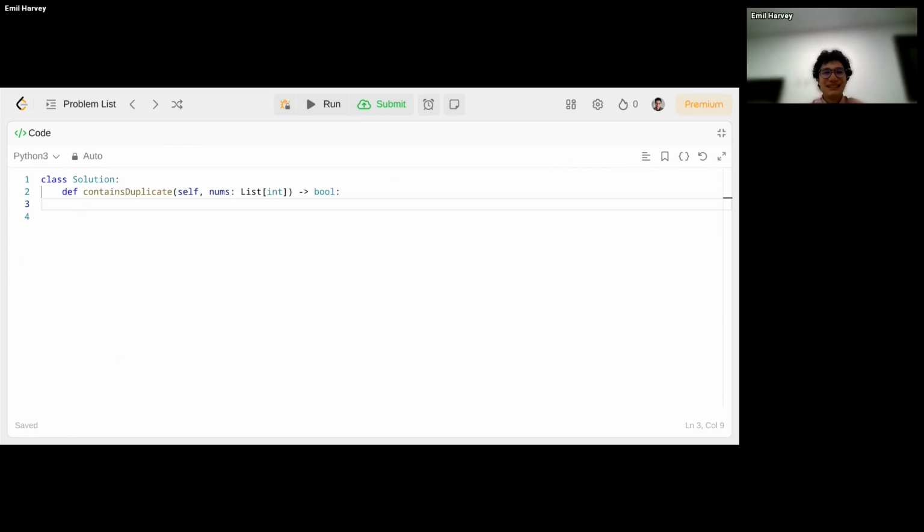I'll go into the demonstration. So we want to use a set, and what a set lets you do is contain unique items. You can't have duplicate items in it, so in this case it's very handy because it already doesn't contain duplicates.